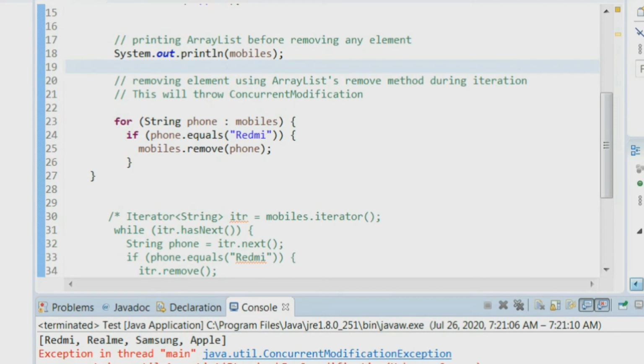Then how can we fix this issue? To fix this issue, we have to use the iterator remove method instead of the ArrayList remove method.